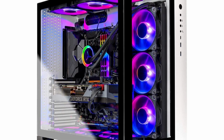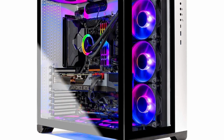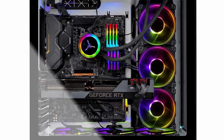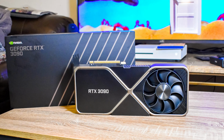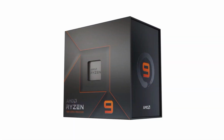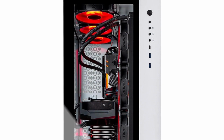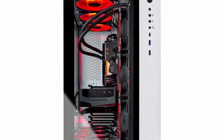Basically, all of the components here are the same except for the CPU, GPU, and power supply. You get a 1000 watt 80 plus core power supply, which is great. You also get the RTX 3090 and the newest Ryzen 9 7900X. However, I do not recommend this PC for everyone, especially if you're just going to do gaming at 1440p, let's